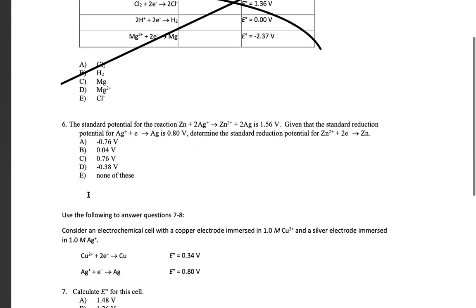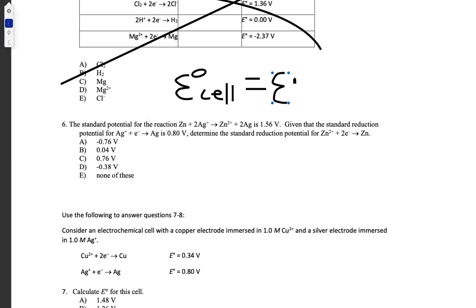Let me read these questions next before I try to get you all to answer them. Standard reduction potential for Ag+ is 0.8 volts. Okay, this is definitely one we can do. So we know that the standard potential, that's the E0 of the cell. Remember the equation: E0 of the cell is equal to the energy of the